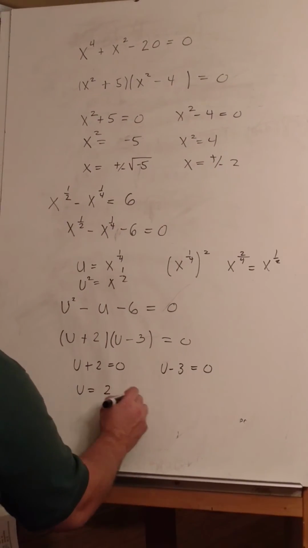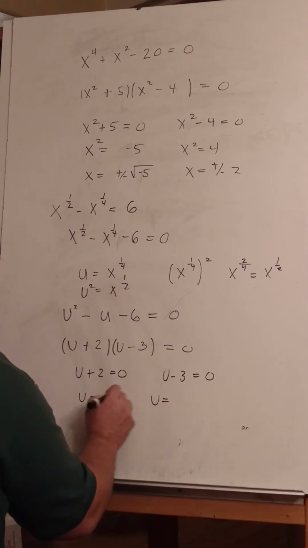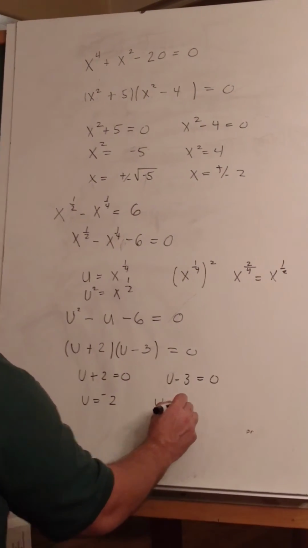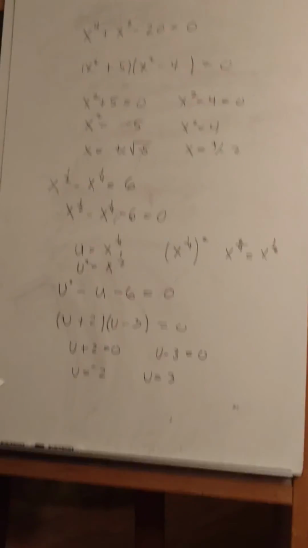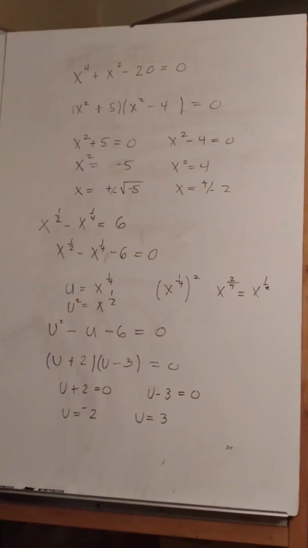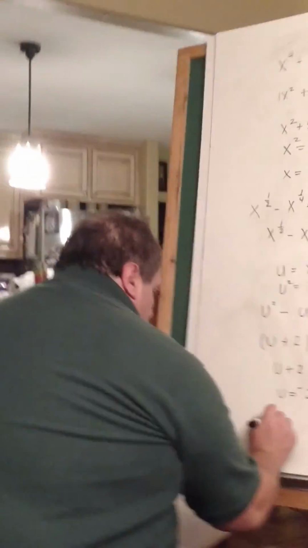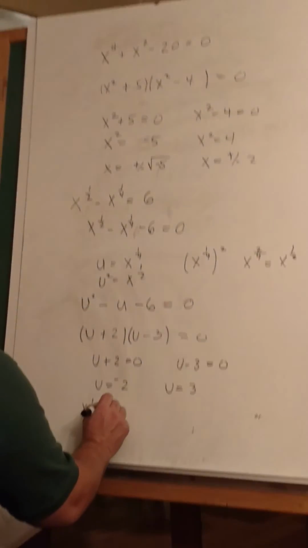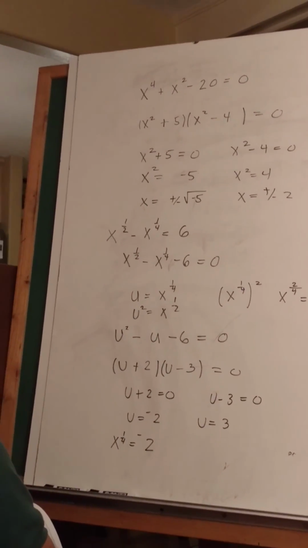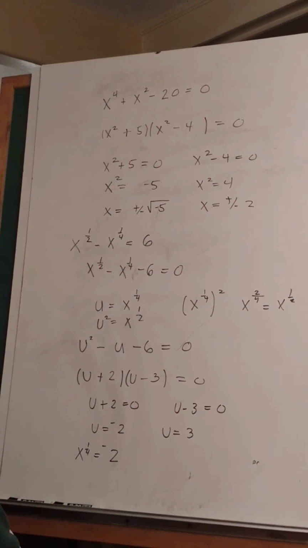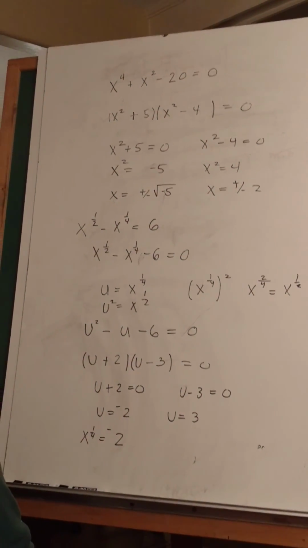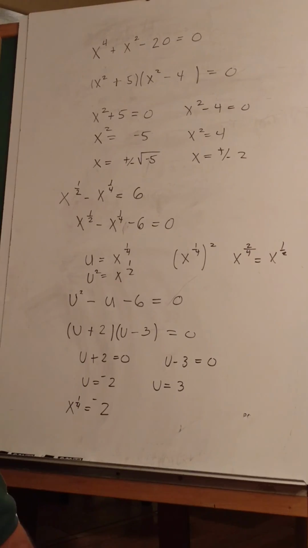So u equals minus 2, or u equals 3. Hold it right there. Now I have to go back in and say, well, what was u? So I'd say x to the 1/4 equals minus 2, right? Or